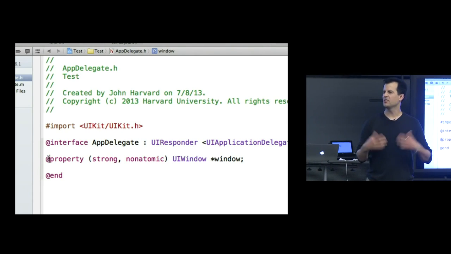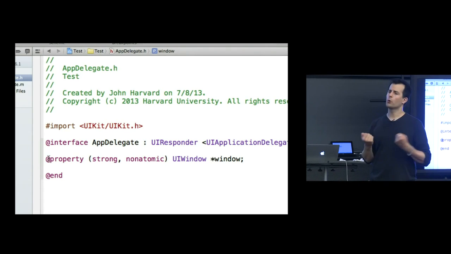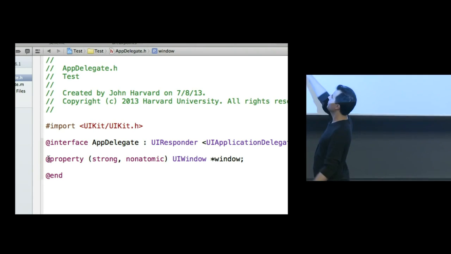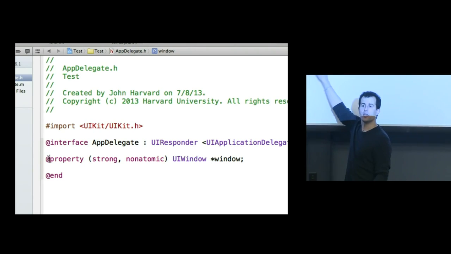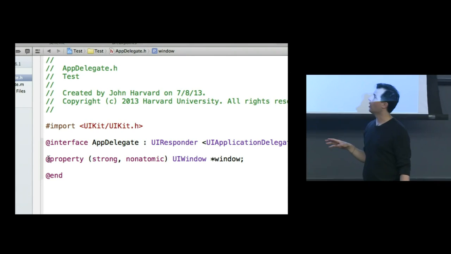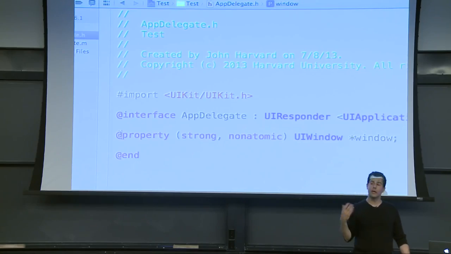It allowed us to synthesize, so to speak, a getter and a setter for ourselves automatically. In other words, to provide programmatic access, functional access to what's typically an individual instance variable. And what's useful about this is that you can specify some attributes for those setters and getters. And we'll see this in more detail before long, but nonatomic just means, hey, Xcode, when you generate that getter and setter for the property called window, don't